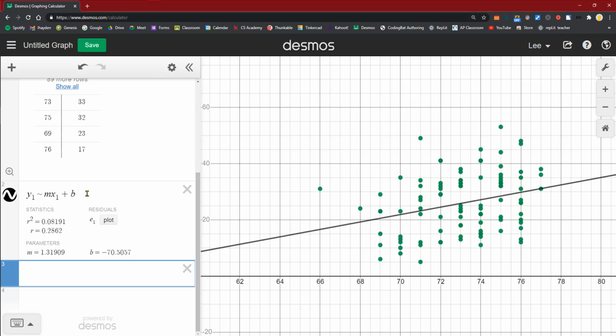So the equation of the line, basically it's y equals mx plus b. Well, the regression model tells you what m and what b are. So like in this case, the equation of the line would be y equals 1.31909x minus 70.5057. Okay, and that's useful because knowing the equation of the regression line would let you make predictions about what value for y you would expect for a specific value of x,